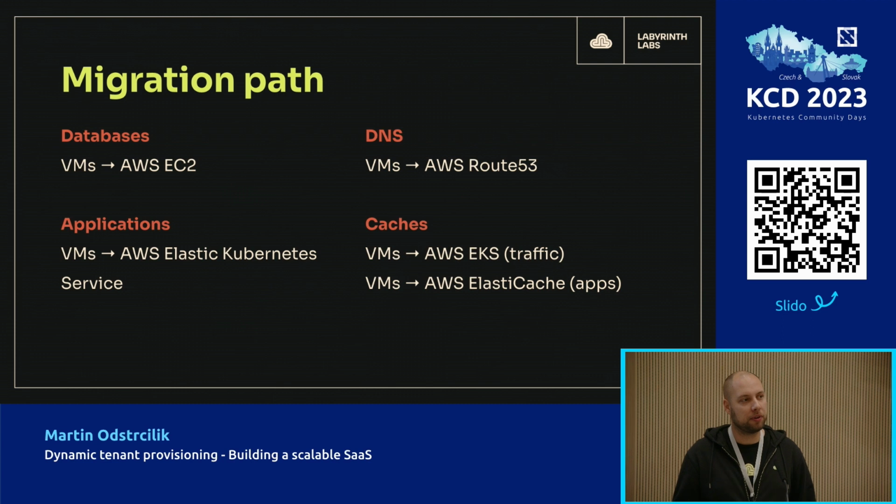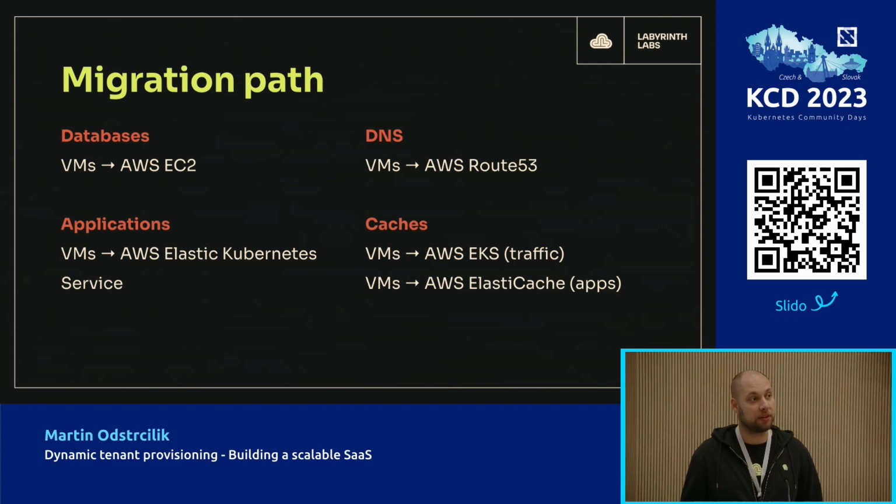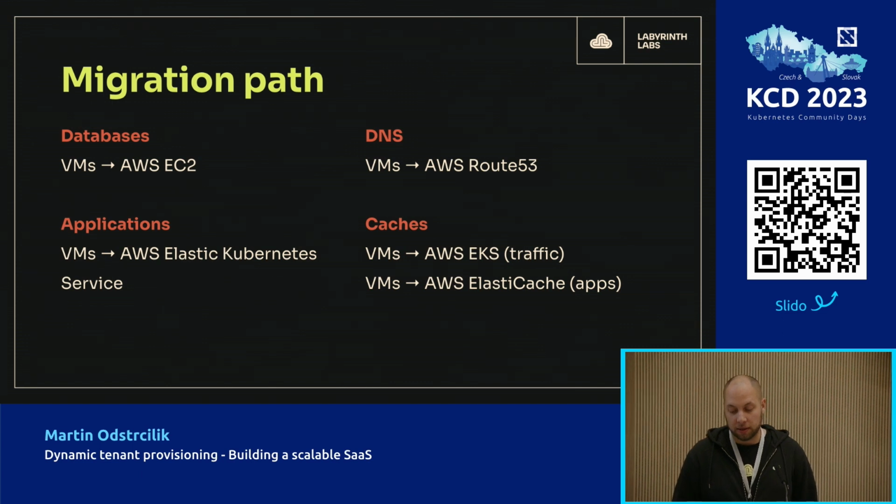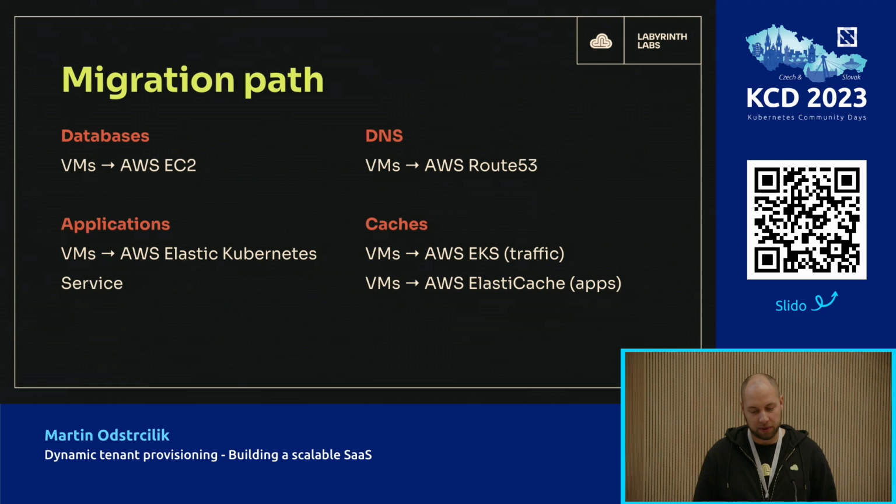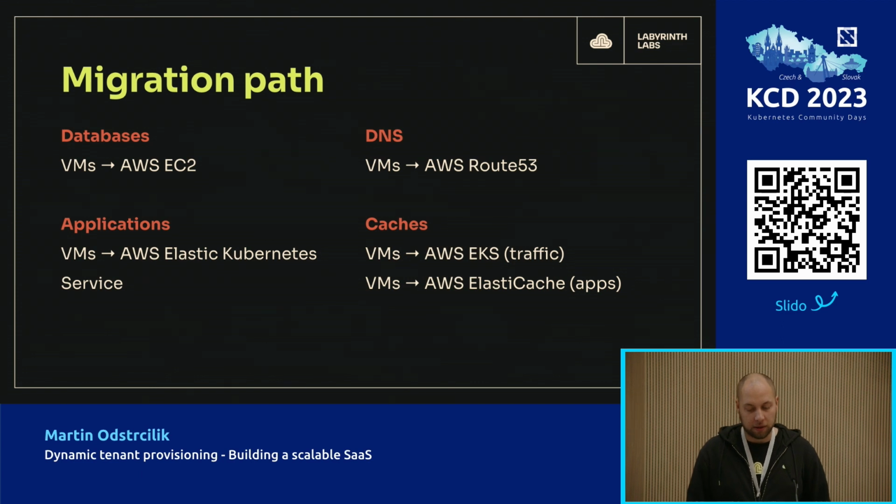But what about other related services that run in Kubernetes? For example, Cert Manager for issuing certificates, or the external DNS controller that manages that zone. There were some pitfalls to that, and we can talk about that later. Also, the client has a few caching layers, so we put traffic caching into AKS next to the ingress controller, and then for application caching, we chose the managed service from AWS, ElastiCache for Redis.